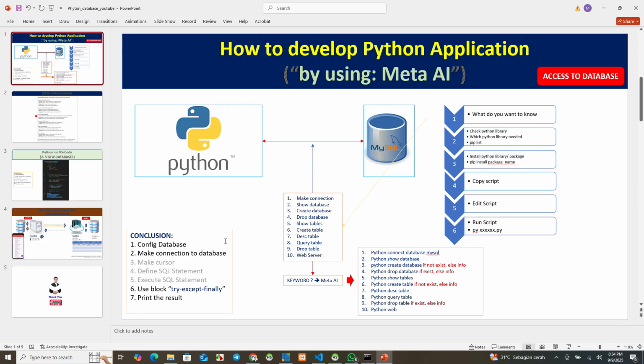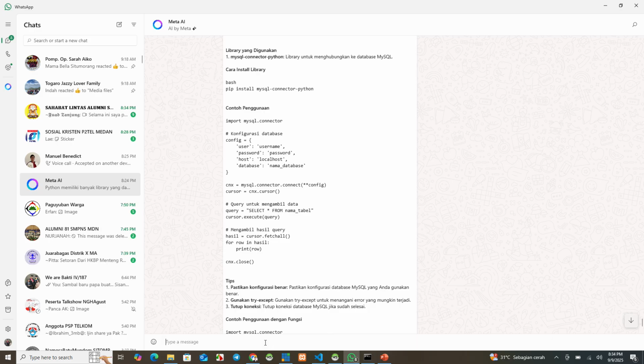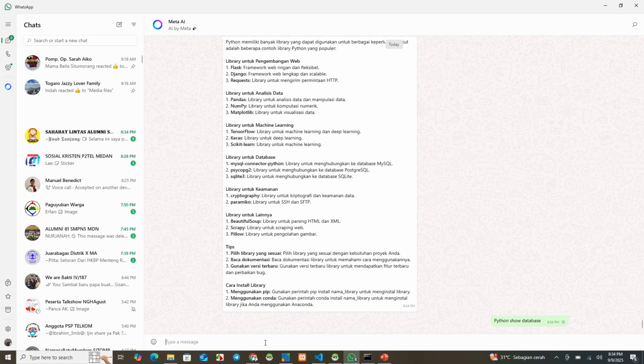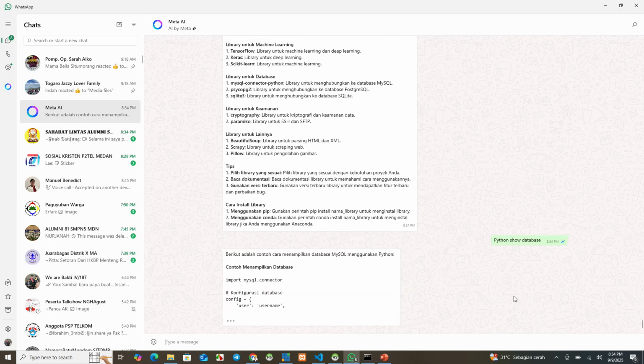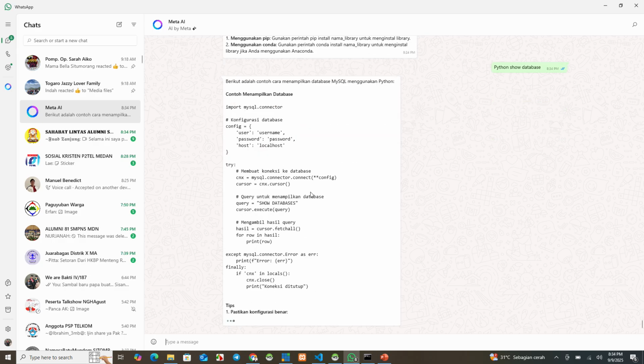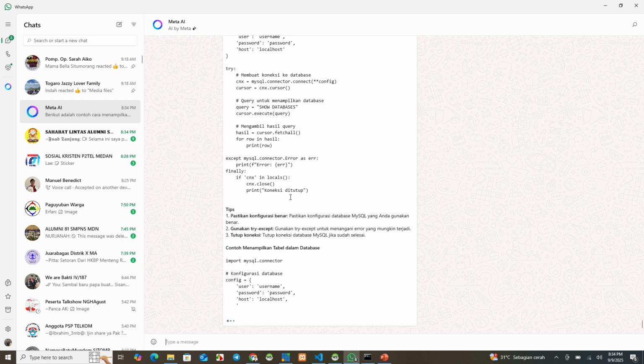Okay, now we make job number two, show database. This is the keyword, Python show database. This one, the Meta AI gives us the result, how to show the database.